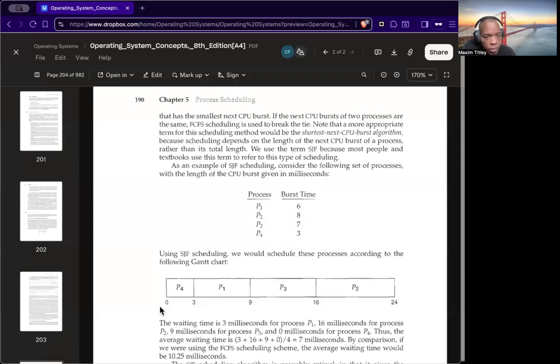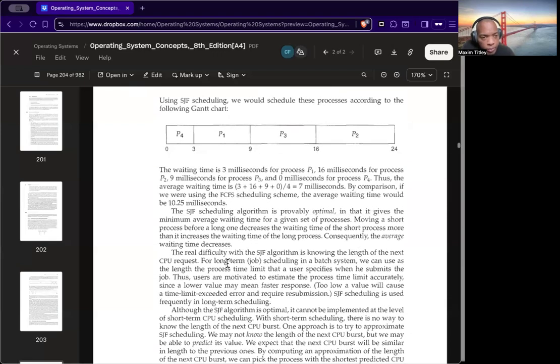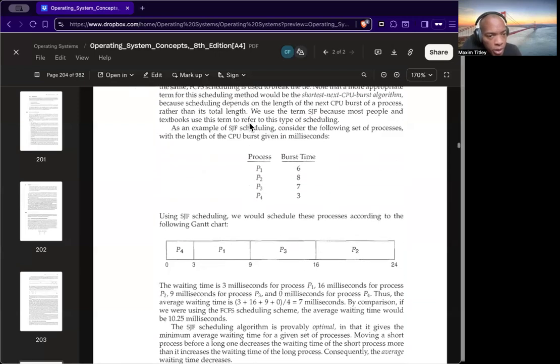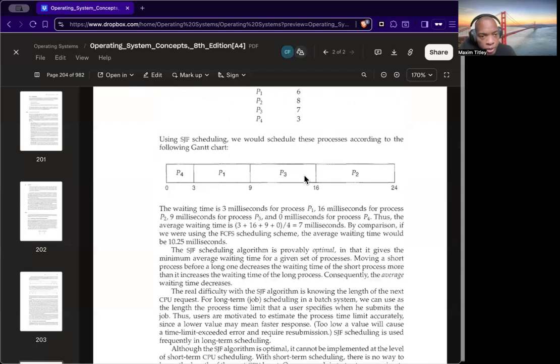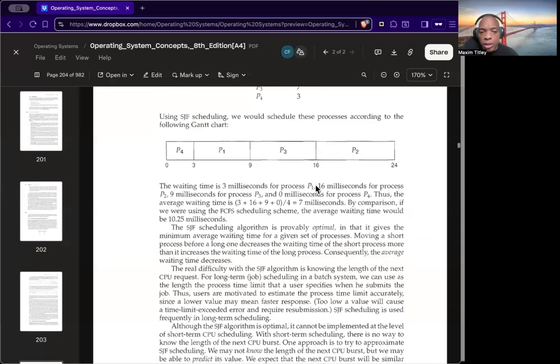So let's take a look. Number 4 came first, number 1, 3, and then 2. So now let's take a look at the average waiting time. In this case, you have 3 for P1, and then you have 9, because it's 6 plus 3, for P3, and then 16 for P2. So if I take these three and add them up, I have 3, 9 is 12. 12 plus 16 gives me 28, and dividing that by 4 means I have an average time of